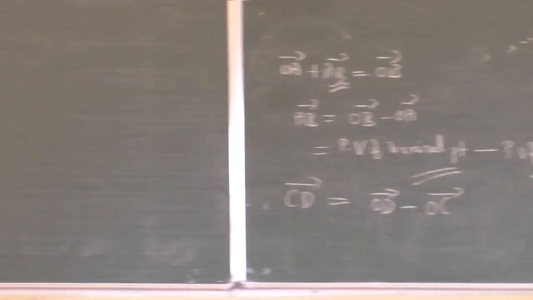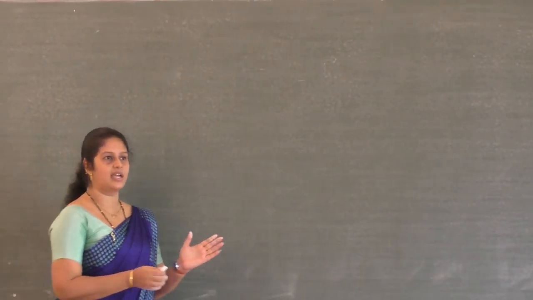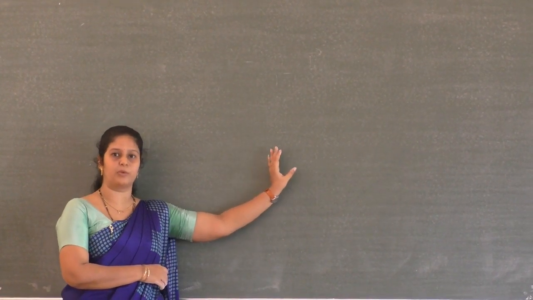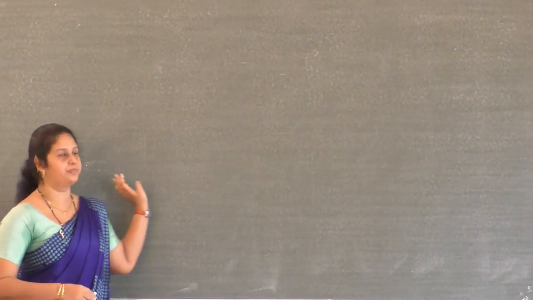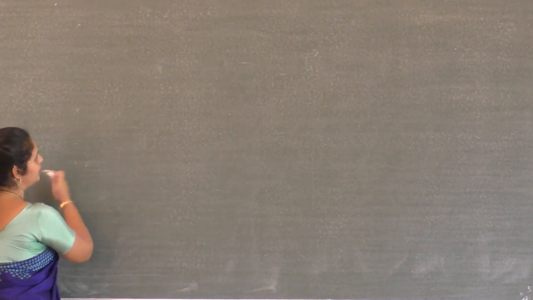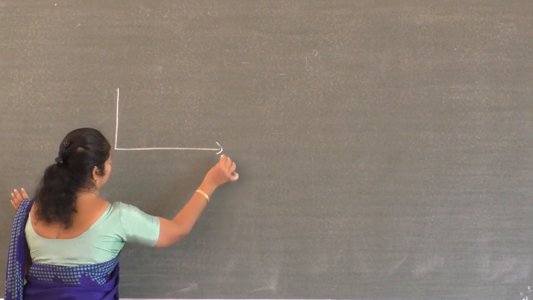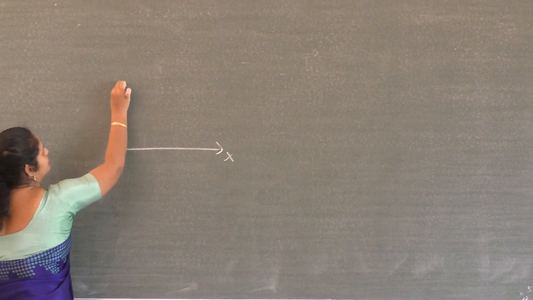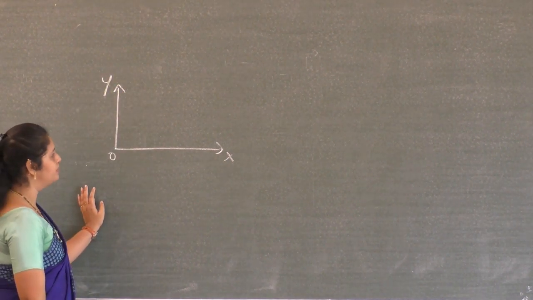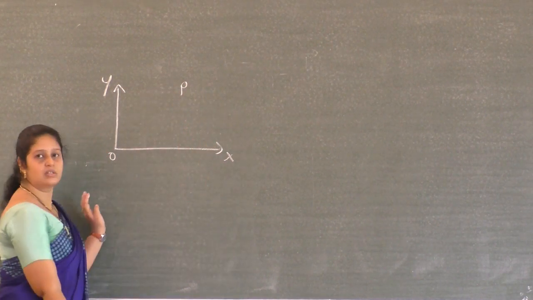Okay, till now we studied how to represent a vector geometrically. Now let us see one exact format for the vector, or how to represent a vector properly in 2D and 3D plane. First I will write for the 2D plane, or a 2D vector. Consider the 2D plane, the xy plane. I will take one point P in the xy plane.